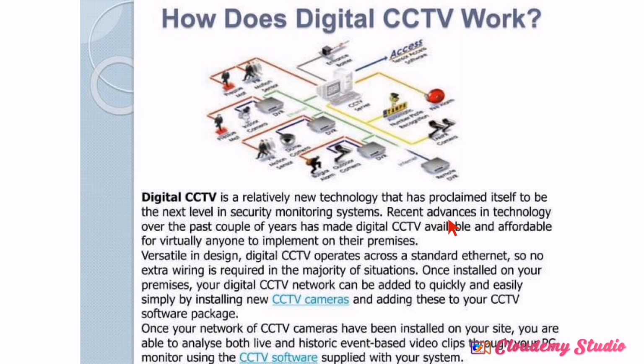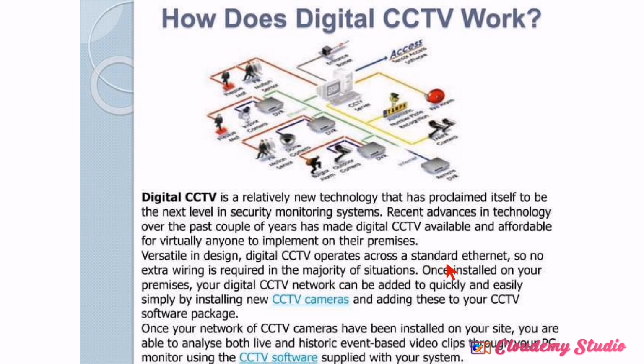Recent advances in technology over the past couple of years have made digital CCTV available and affordable for virtually anyone to implement on their premises. So Vestel in design, digital CCTV operates across a standard Ethernet, so no extra wiring is required in the majority of